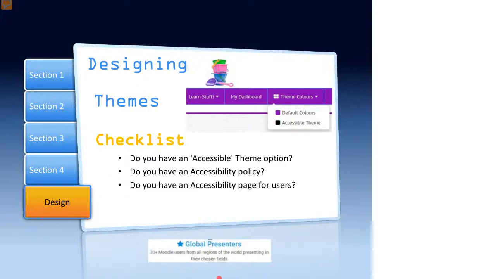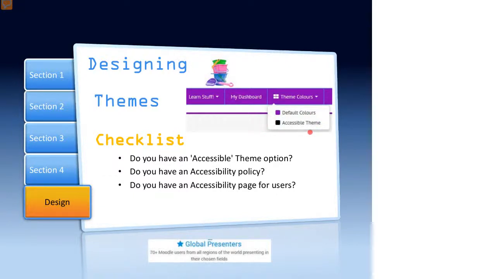Can you guys please tell me, do you actually have an accessible theme option? It was really great when Julian brought out his theme and it actually had a choice of changing the theme to be an accessible theme, which means theoretically, from what we can see at the moment, and don't sue me on this one, by having the drop down and saying, do you want standard colors or do you want the accessible theme, at least that takes care of your headers and footers.